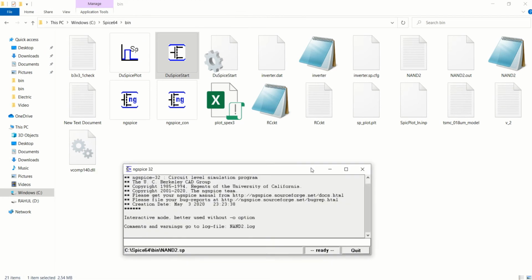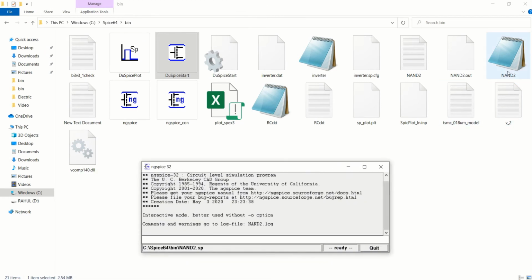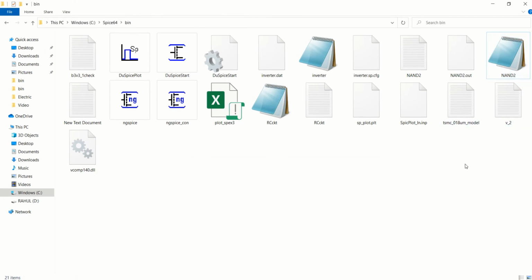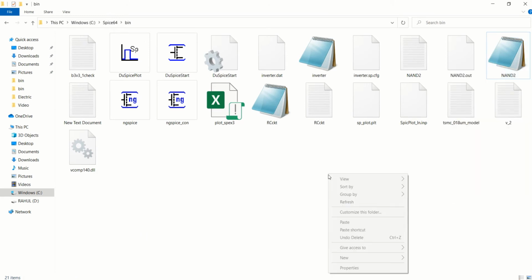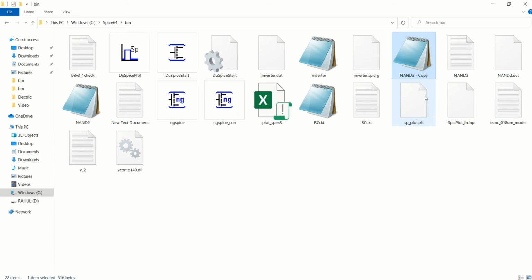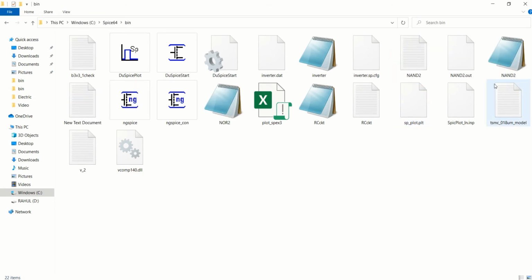I'll try to write the spice program. I'll copy this file, Control C, paste. So I'll change the name of the file to NOR. I'll change the file name to nor.sp.